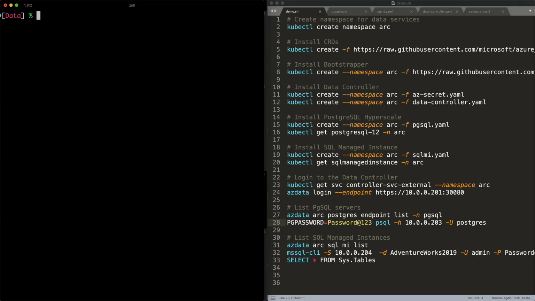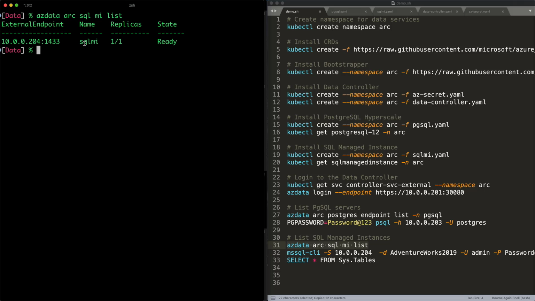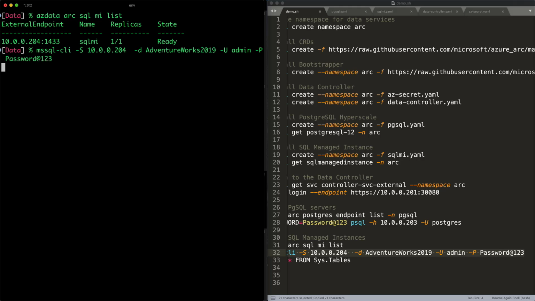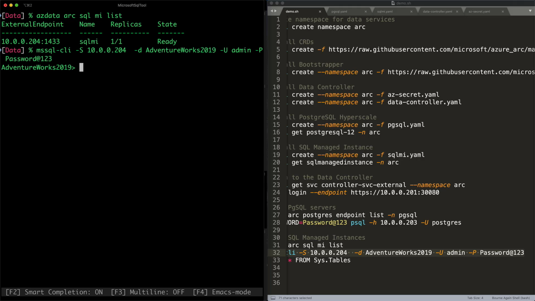So that's about Postgres. Now, how about SQL managed? Well, I can also take a look at the SQL managed instance list. There is only one instance, and it is listening on this IP address. So I can use the MSSQL CLI, a command line available for Mac, to log into my SQL shell.